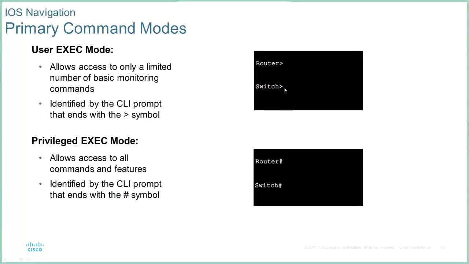User mode is for basic monitoring of the device, and privileged mode gives us full configuration access to the device. So in user mode, you've got a very much cut down number of commands, and when you go into privileged mode, you get all the commands and the various modes that come up underneath it,